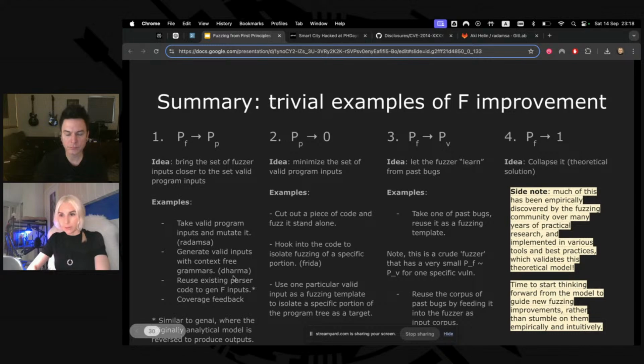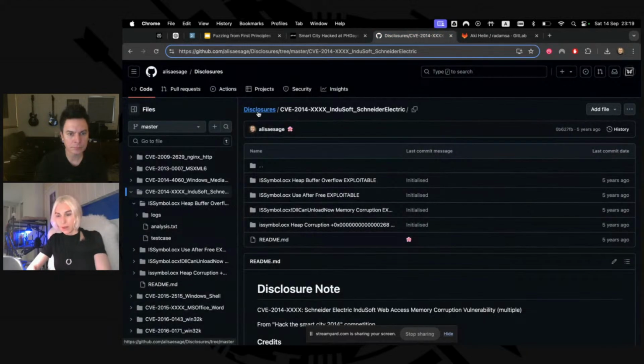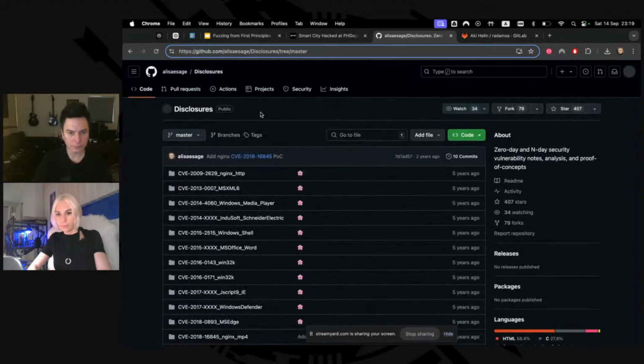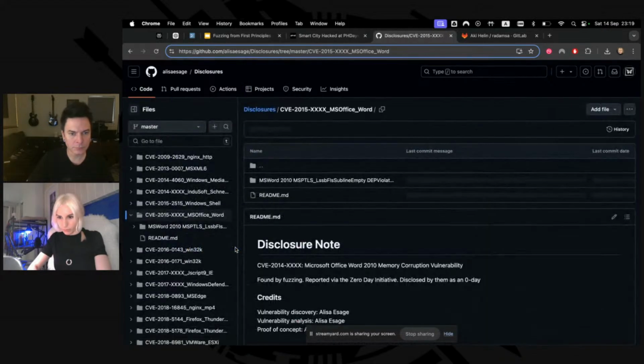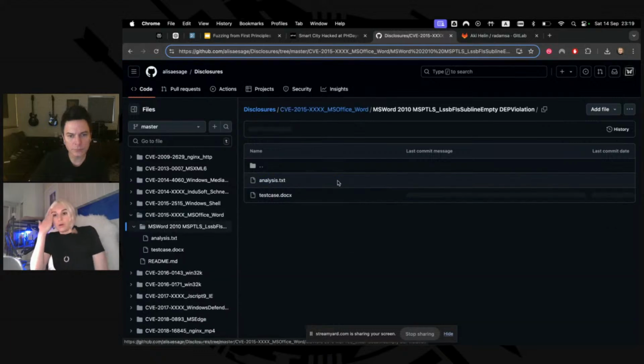So in this example, I'm going to look at a different sample of vulnerability that I found in Microsoft Office. This is also from around 10 years ago. So I decided at some point to try fuzzing Microsoft Office files.